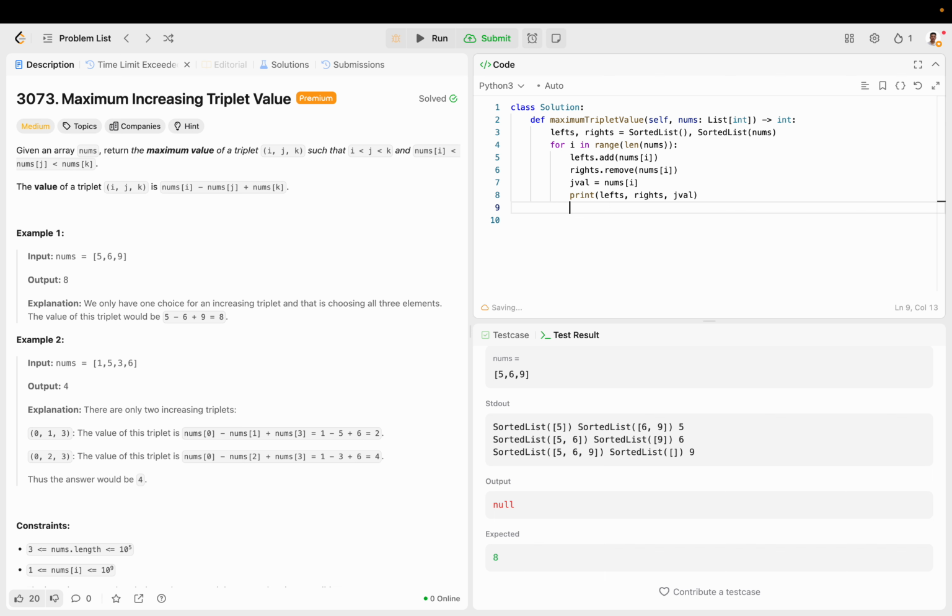It's a bit confusing, but let's try to think about this. We can run a bisect left to find the position where 6 goes, and then minus 1 to get the smaller element, because bisect left basically inserts it where it's first supposed to come. So 6 would be inserted at index 1. And then we only have a solution if both sides have elements, because of this requirement, right? So let's do if lefts and rights. Then in that case, we can